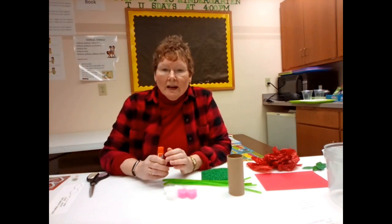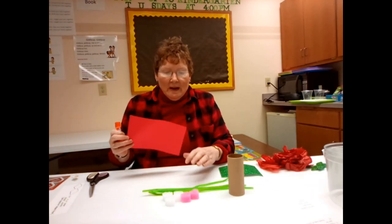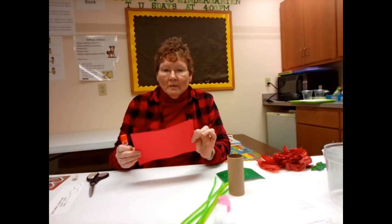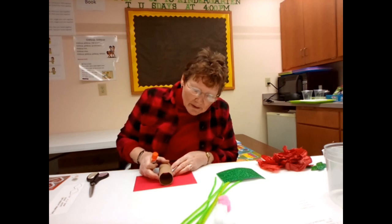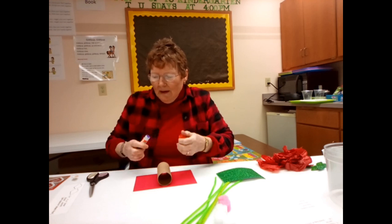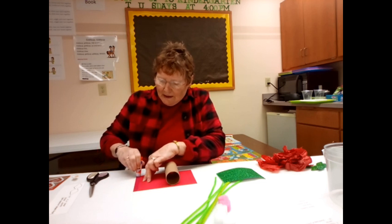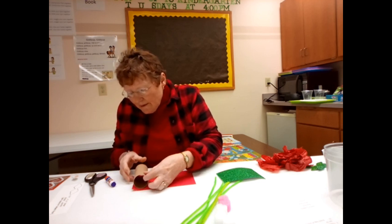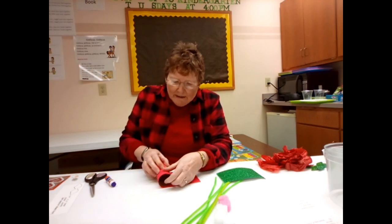Okay, so to start with, we've got our piece of paper, which is in a Valentine color. It may be red, white, pink, purple, whatever. And you're going to lay your craft tube on this paper. And I'm going to use my glue stick right along the edge so that I can make this thing stick to it, hopefully. And then I just want to roll this down,